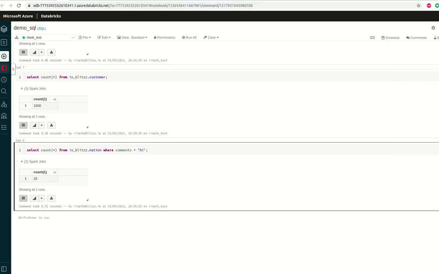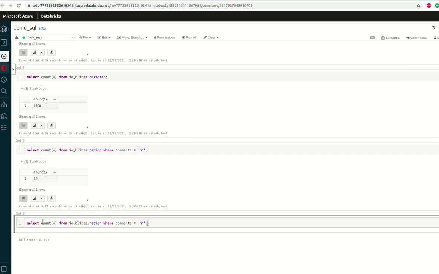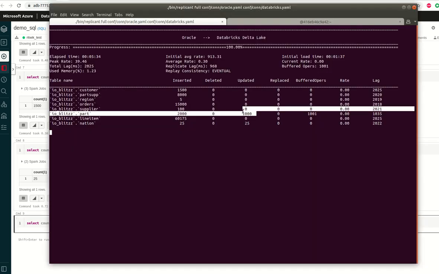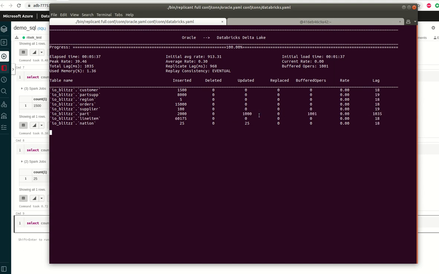It is being done, and at that time let's run the select command on target and see what the status is now. You can already see that the updated values are 1000 and the buffered rows are 1000, which means the remaining 1000 rows are currently going to be replicated on target, and you can already see it is.